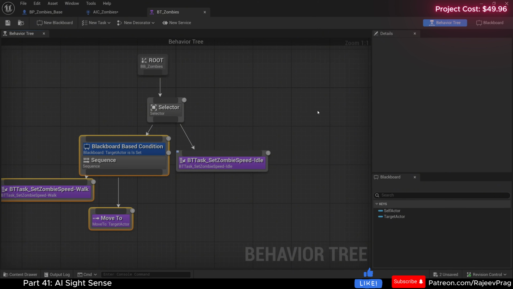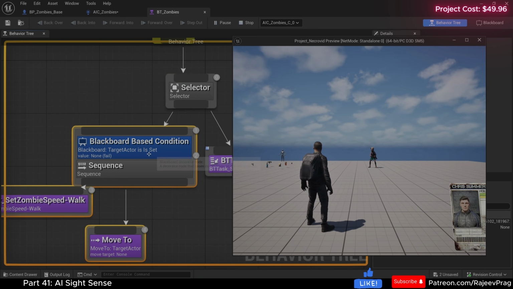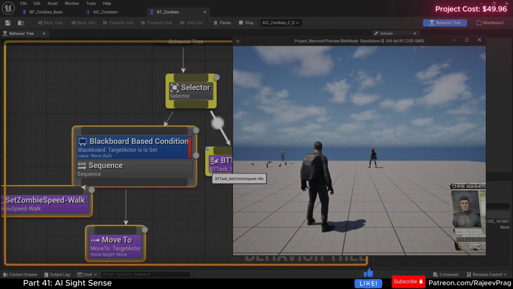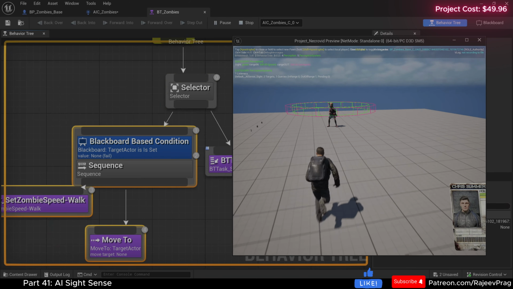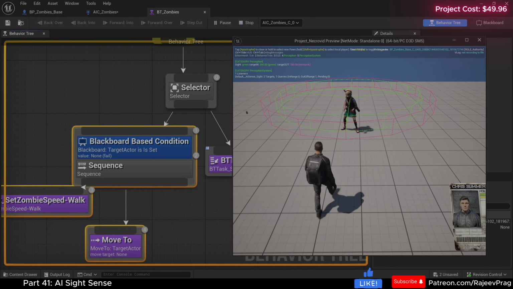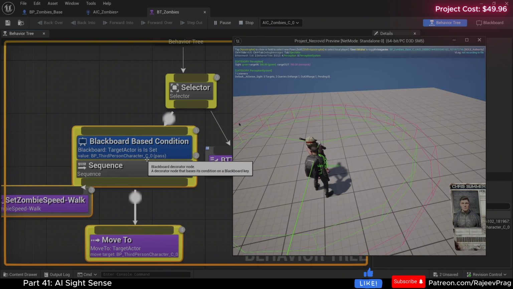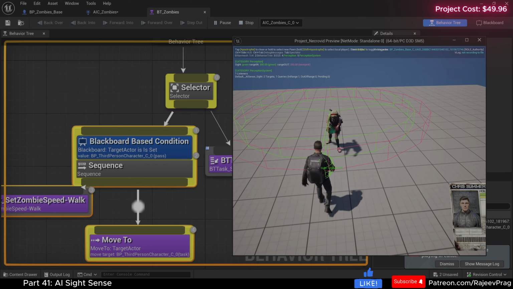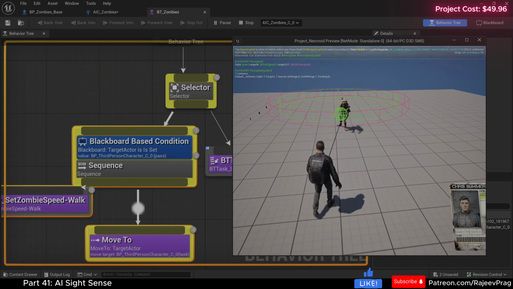So I'm going to go ahead and play the game here. And if you see right now, the value for our target actor is set to none. So it's a failure, and you can see this red indicating that this decorator is failed. So that's why our selector has gone towards the idle function, which is good, exactly what we need. Now, if I go into the zombie's circle, you can see now the target actor's value is set to the third person character. However, if I now exit the circle and wait for that timer to run out on the age,